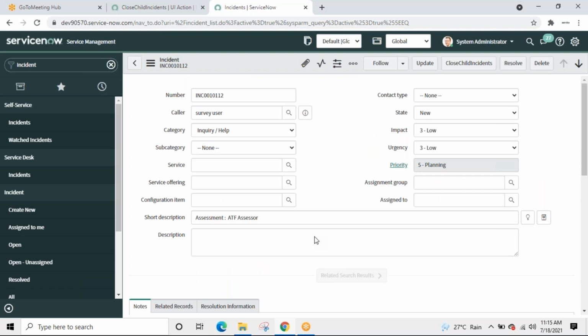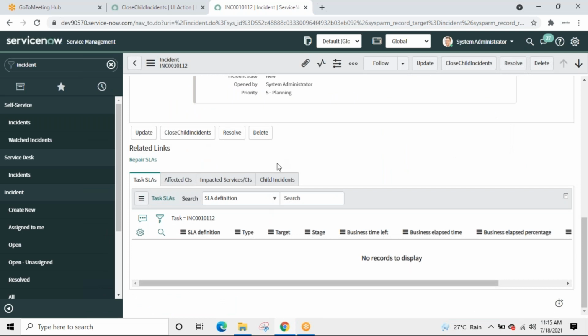So, close child incidents. If now I click on this, I don't know, nothing should happen, because does this current record have any child record associated with it? No.